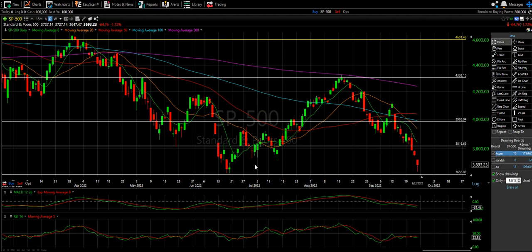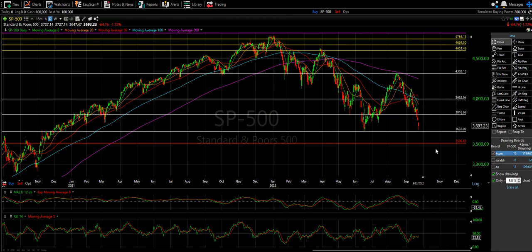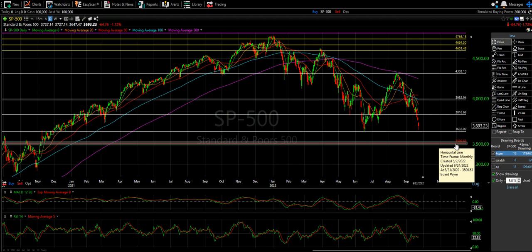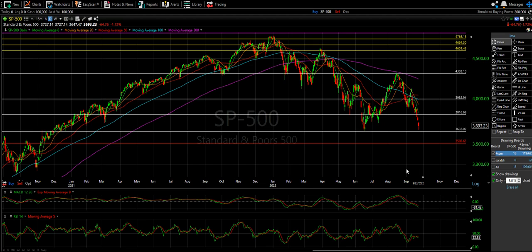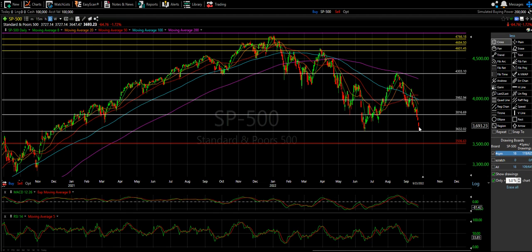And look, really, it's the exact same story, right? We came to test this line. We came all the way up. We came down. I'm surprised that we're not at the same death line moment that we are on the NASDAQ, but I actually do value this 3,500 number a little more than the 3,600. Again, this is a really important support, right? It was the same bounce point we saw on the NASDAQ, but just with the S&P, the way I'm looking at it, I saw this one as the worst one, and again, I'll show you why shortly.